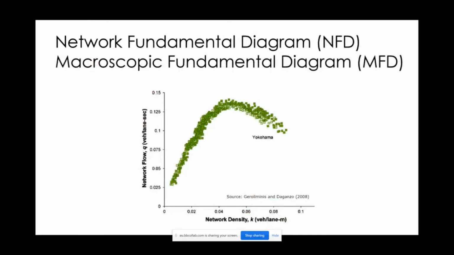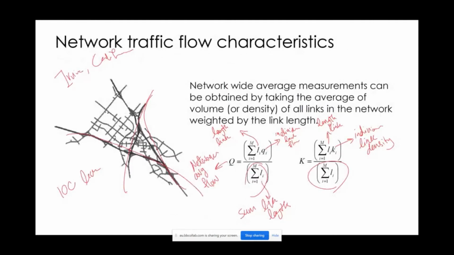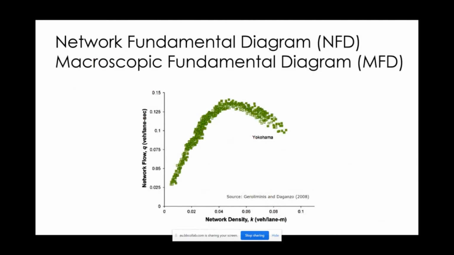average network density. And if we plot them against each other, if we plot this capital K versus capital Q, we want to see, will we be able to see a similar curve as we saw before in the fundamental diagram? And again, the answer is yes. There is empirical evidence and simulation-based evidence that suggests that a similar diagram exists at the network level, which is called the network fundamental diagram, or it is also called the macroscopic fundamental diagram. So we call it MFD or NFD, which says